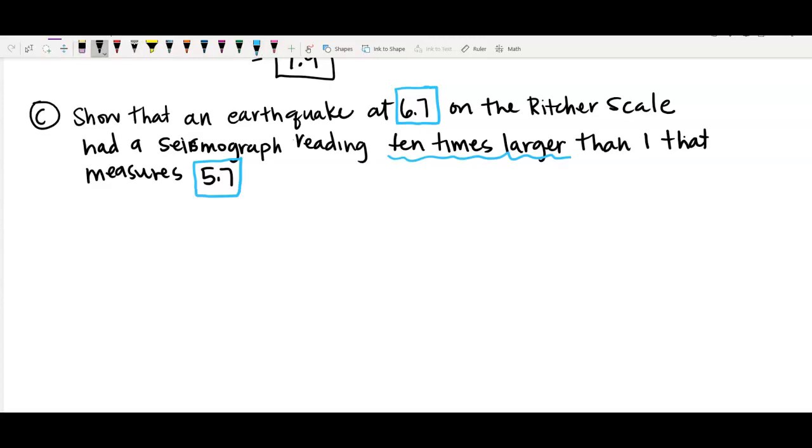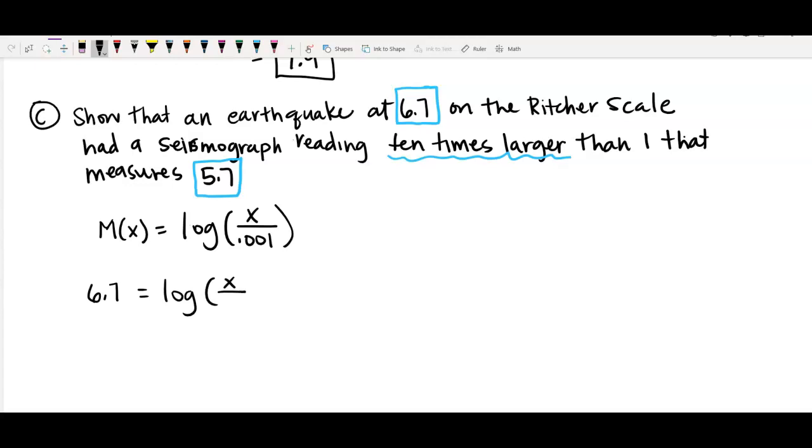So let me show you what I mean, to help you see that. Let me write this here again. So here's our formula for the Richter scale, where we're given that magnitude. I want to compare the magnitude of a 6.7 and a 5.7. So the 6.7 one is 6.7 equals log of x over 0.001, and I want to compare that to 5.7 equals log of x over 0.001. And if I'm trying to find my x on this,